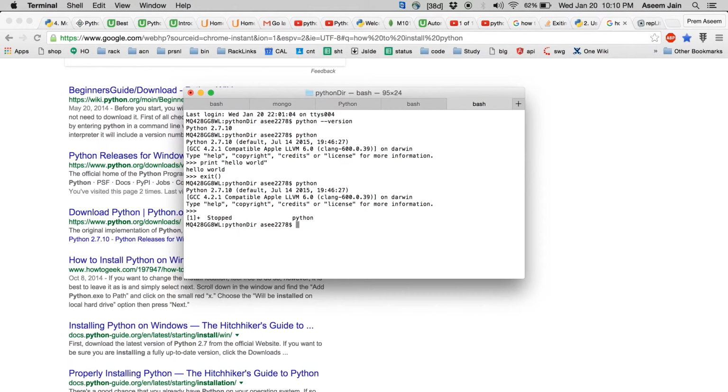The second way is you can run a program from a file. Unlike Java, you don't have to compile and get a .class file and then run it. No, it's very simple and easy, it's designed that way. Let me see where I am, in the Python directory. Let us create a simple program file from where we can run. I'll name it first